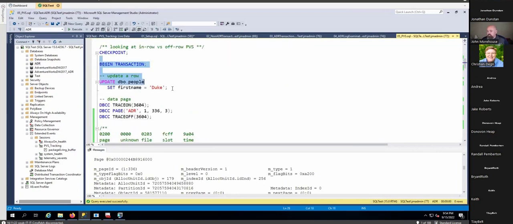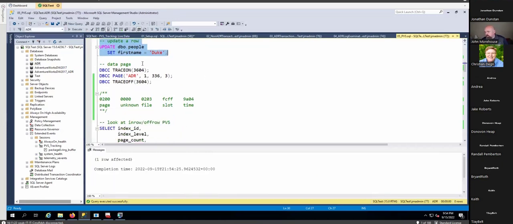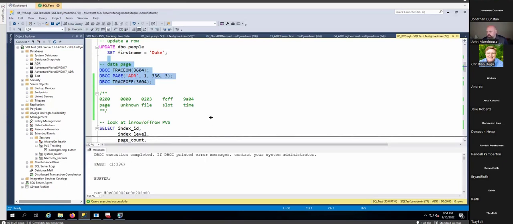So I'm going to do the same thing. I'm going to execute a transaction. I'm going to change the first name from John to Duke, right? And then I'm going to look at the data page. You set the trace on 3604, which returns the contents of the data page back to the console instead of the log file. I know in advance that it was page 336 that I needed to look at. And so if I look at that data page,